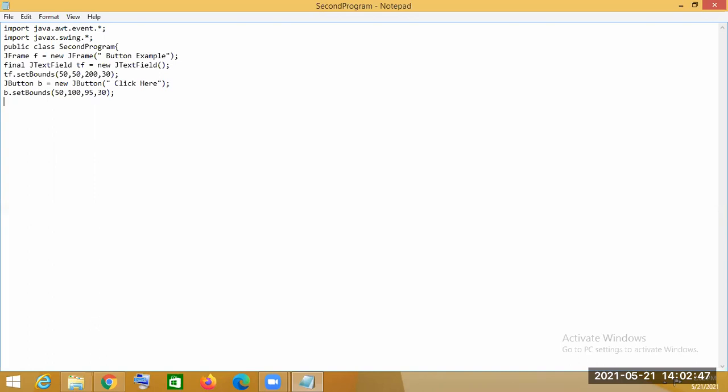That means for handling the event of the button, which listener is used? Remember, which listener is used? Which listener will be used here? If a button generates some event, then which listener is used for handling that event? I have already told you in the event handling class, where I discussed some listeners.